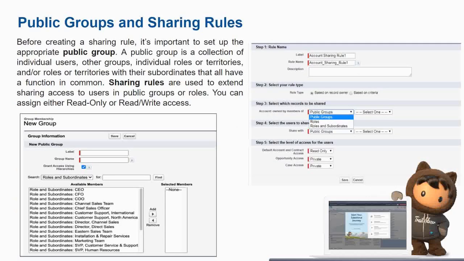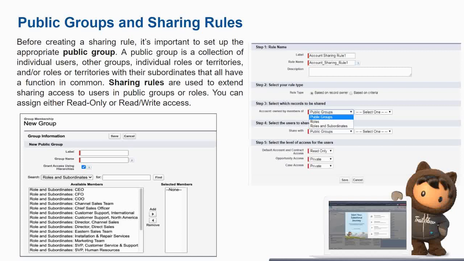So what is a sharing rule? Basically, sharing rules and public groups. Let's say you have some objects which you want to share with a group of people, and you want to hide them from the rest of the people, who you don't want to have access. For this reason, you have a public group, where you group a particular number of users.